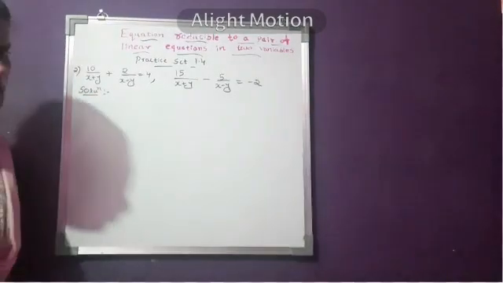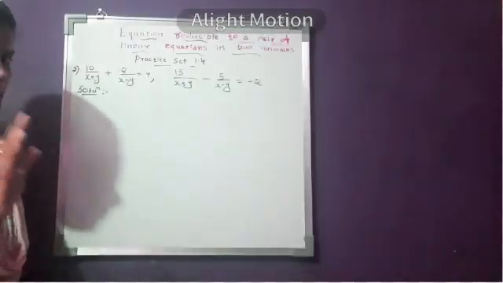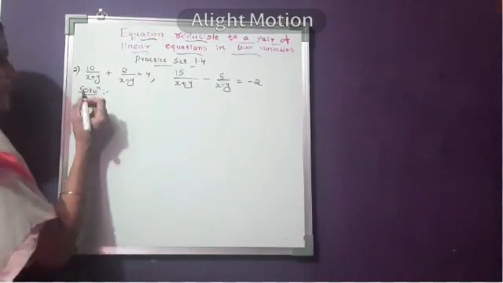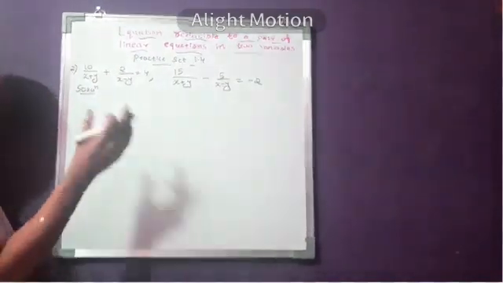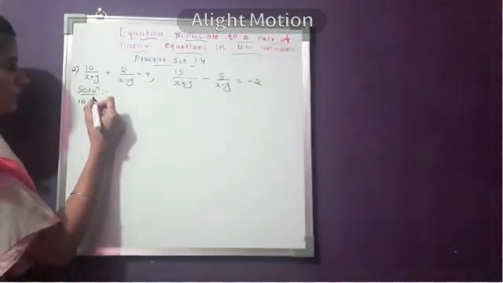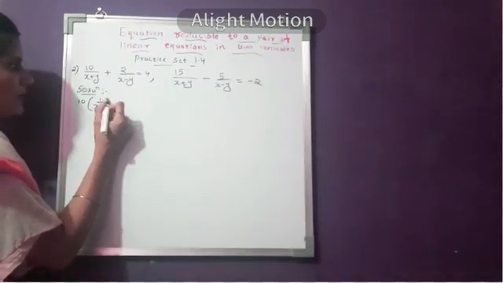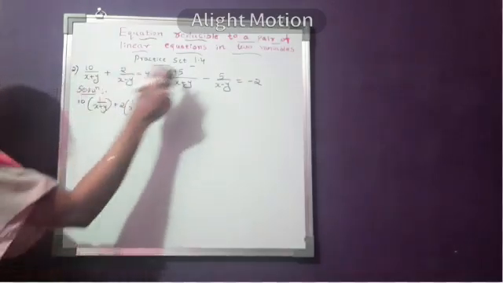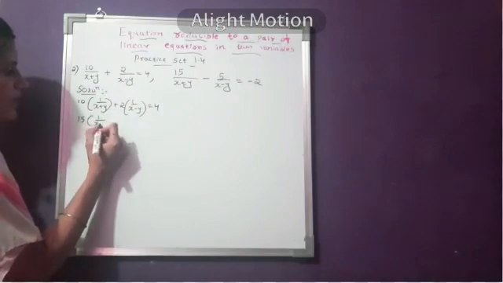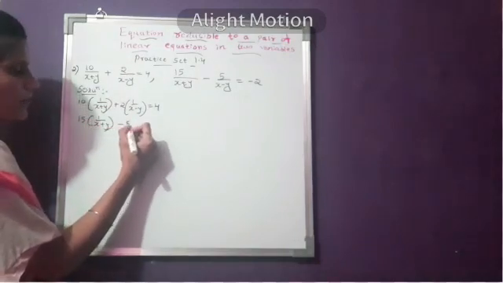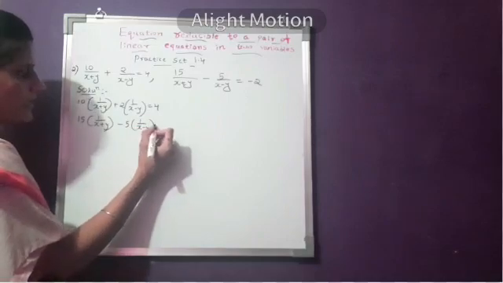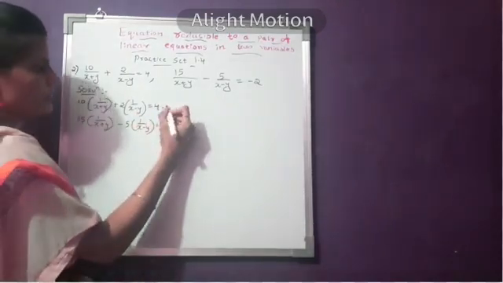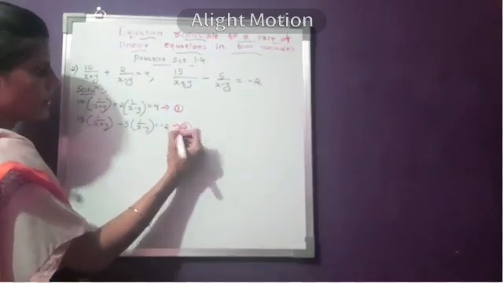You know that the same method you have to follow. This is also like that, because in practice 1.4, I already told you it contains 4 sums. All sums are one and the same. To make you understand more clearly, I am solving this sum. Now 10 into, this can be written as 1 upon x plus y, plus 2 into 1 upon x minus y is equal to 4. Next one, 15 into 1 upon x plus y minus 5 into 1 upon x minus y is equal to minus 2. Please take care while writing the signs. Now this will be equation number 1 and this will be equation number 2.